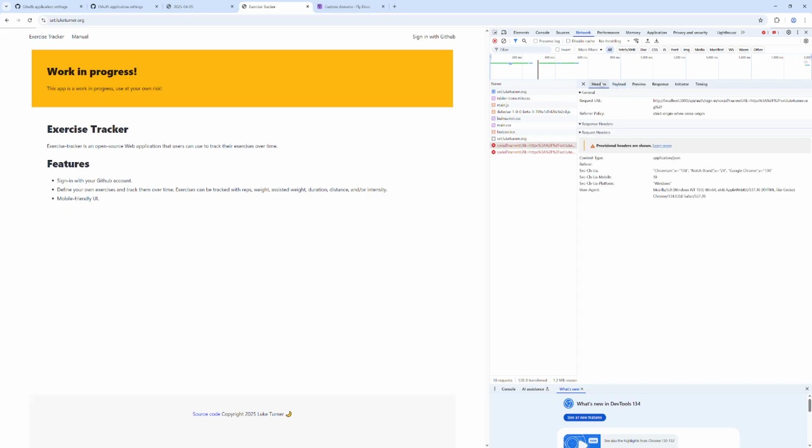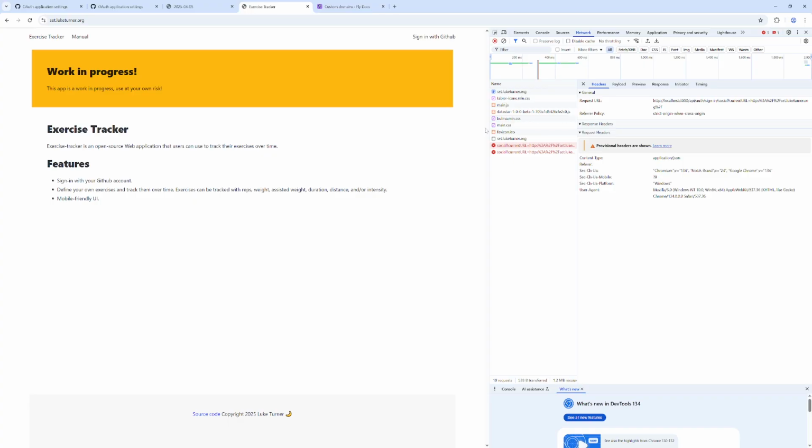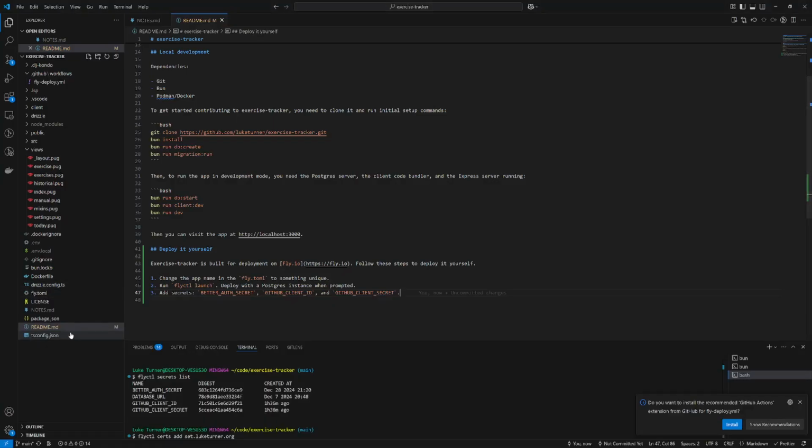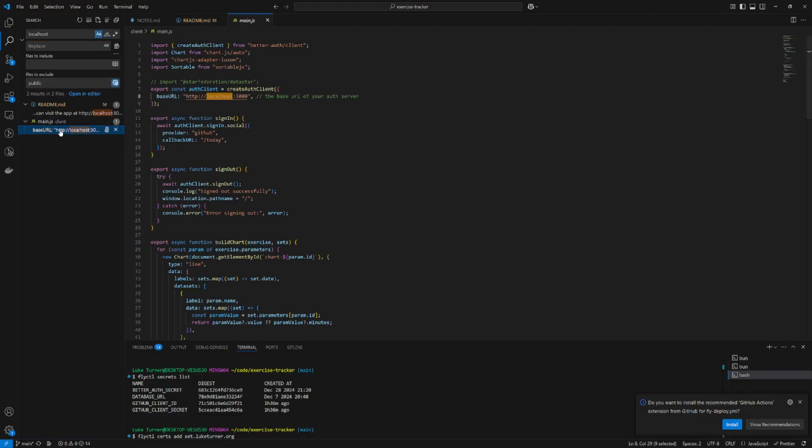So what is this CORS error coming from? This request URL is wrong, I guess. Where is that coming from? Must be a setting somewhere. Let's see, if I just search for localhost in here. Right, okay, so it's this here that we're going to need to change. This base URL is going to need to